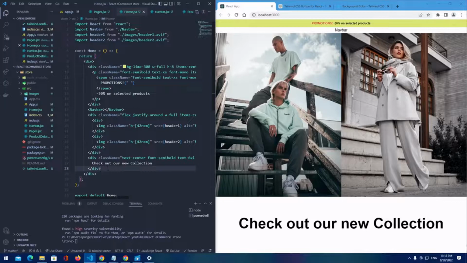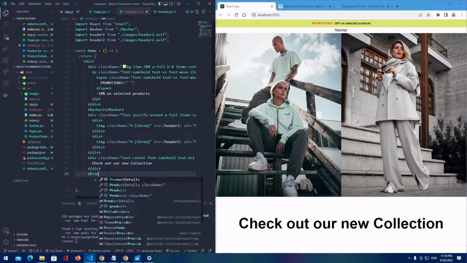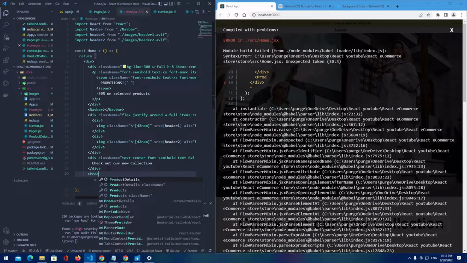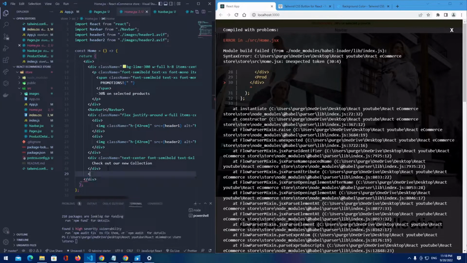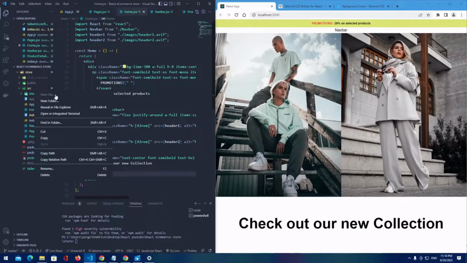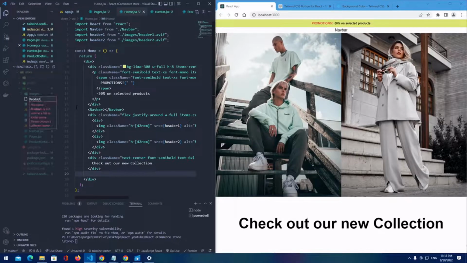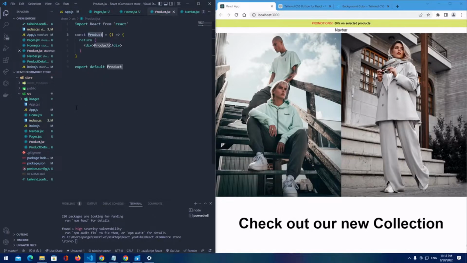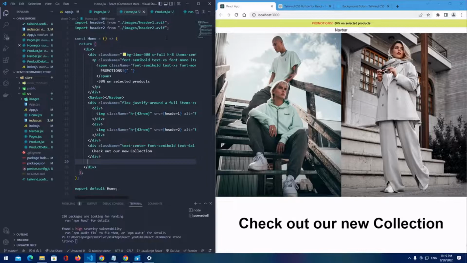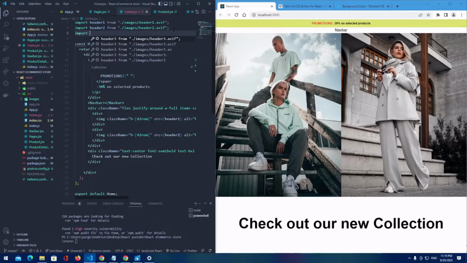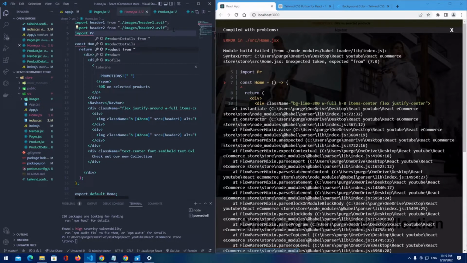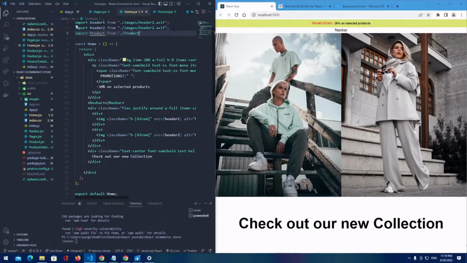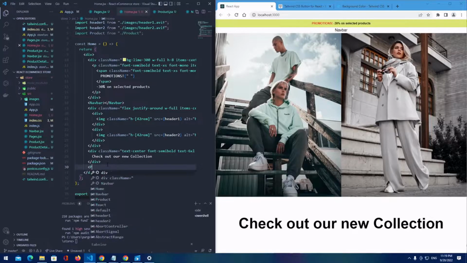Okay, and here inside the home we're gonna provide the product page or component that we need to make. So let's make our product component here first. New file .jsx, and inside the home let's import it. Import product from product. Let's add it down there,